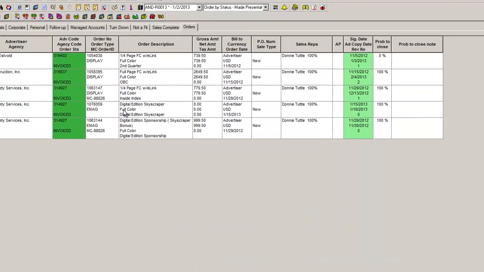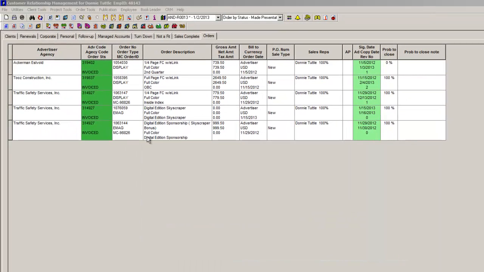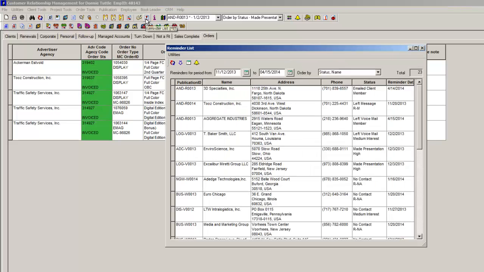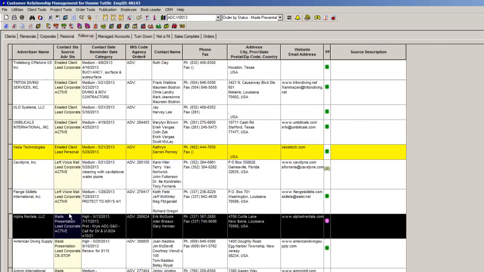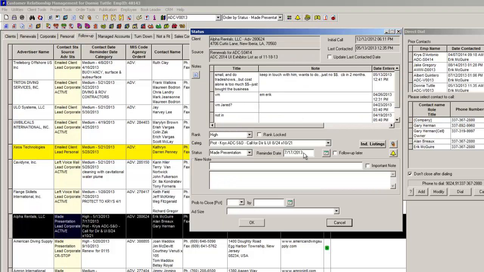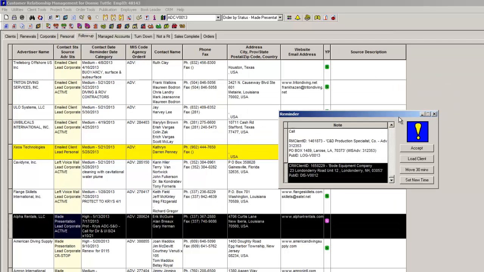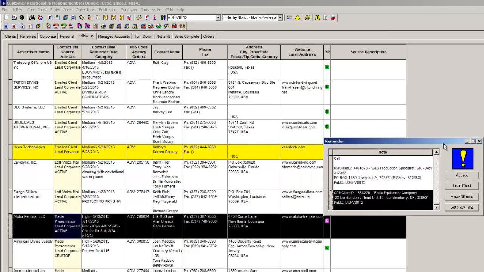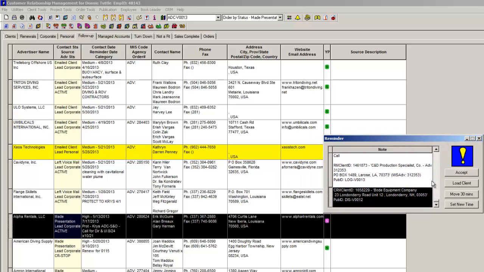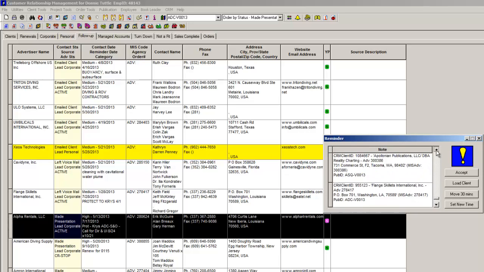So that's a little bit of a trip through how to arrange your clients, how to sort and how to call, as well as how to put them on your reminder list and how to call back later. Oh, I will mention one more thing. If you wish to call them from here, all you have to do is double click on that lead and it will bring you to that lead, and you of course can go directly to that contact with a dial button. Here is the reminder box. It just popped up here, and this actually reminds us, it tells us who we said we wanted to call. So there's that reminder